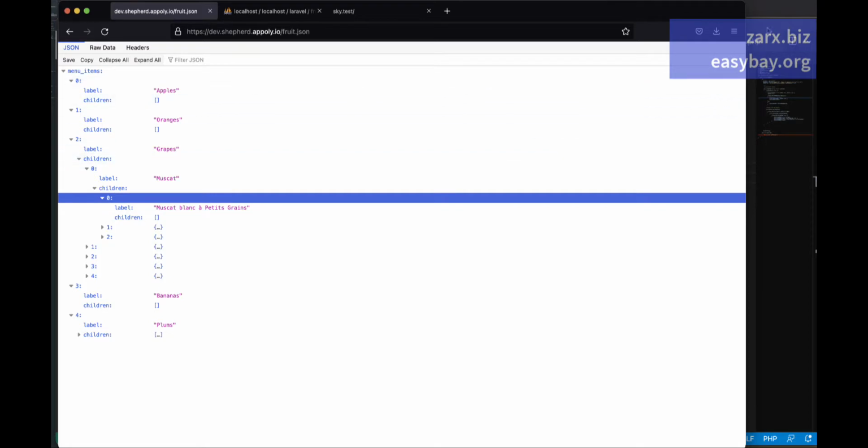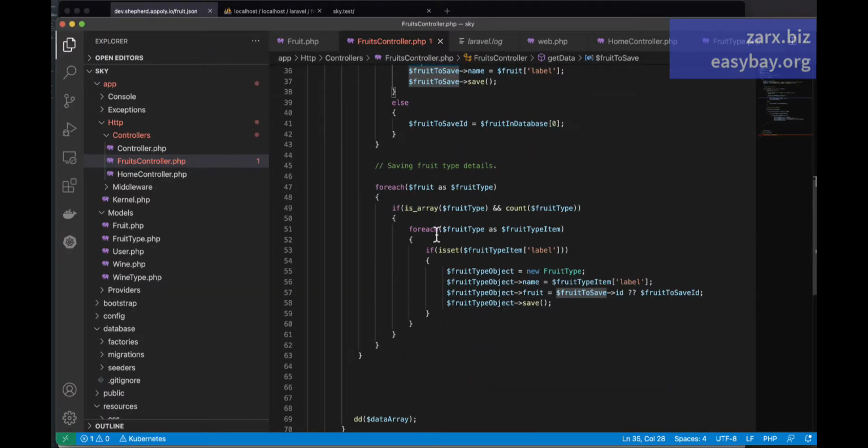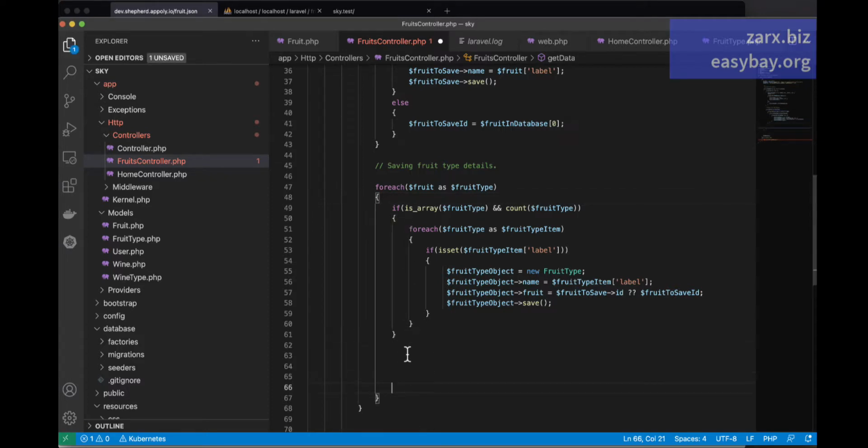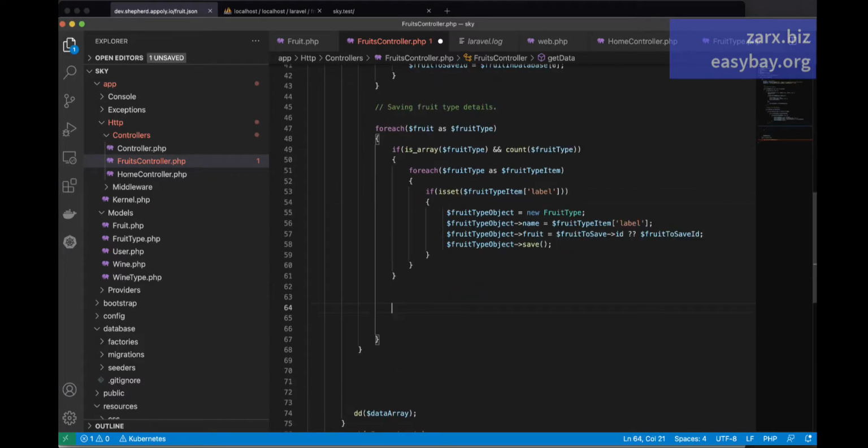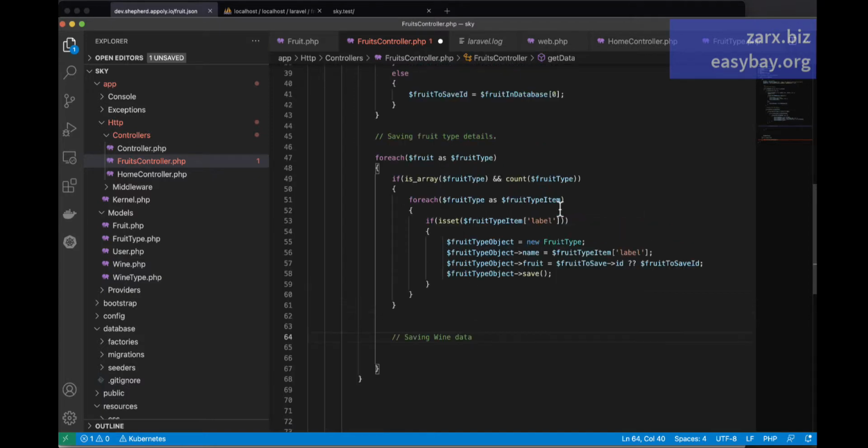So for that, what we need to do, we need to go and work in this loop, the fruit type loop, and there we're going to look for wine. So here, just after this if statement, I'm going to work with the saving wine data. Now before saving that, we need to check here if we already have the fruit type saved, because